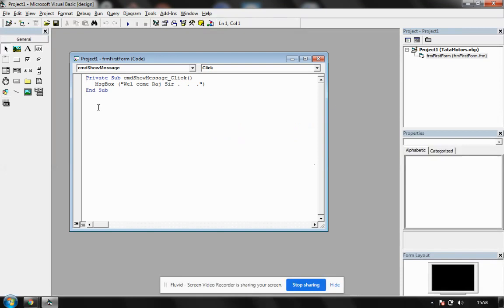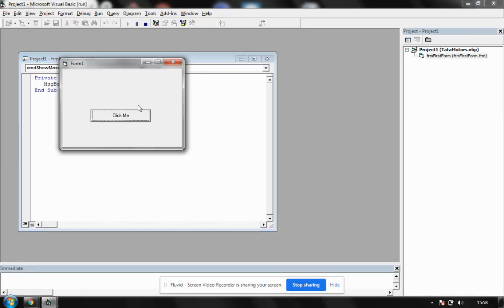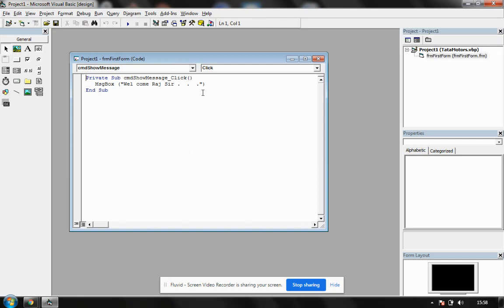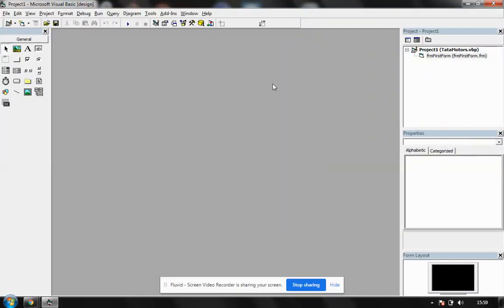Last time we did a small program. We just wrote a program, and when we clicked on this, it says hello. Now we'll be writing a program which will do addition of two numbers. For that, I'll be requiring three types of control. But before that, we'll understand how to go about a second program.